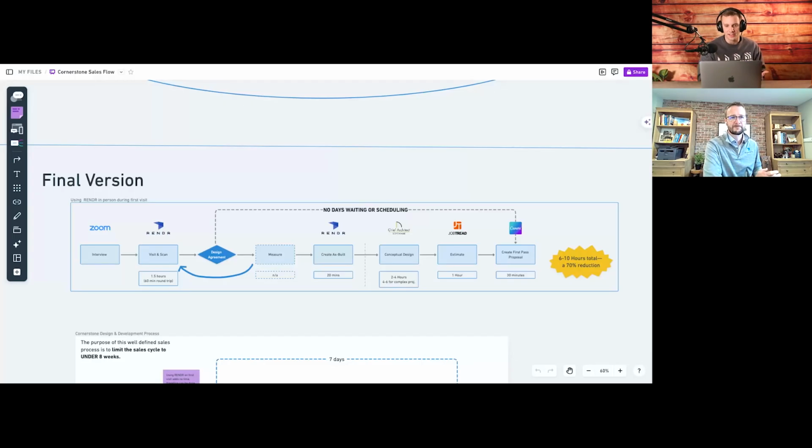So back to the beginning of this stuff, with RENDR, and just so everybody knows, this is a software that AJ has created to help solve this problem. So it's very cool that it's not just a tech person coming in and creating something. It's somebody that's actually in the industry. I mean, this is how JobTread was created as well, which is very cool. But with RENDR, are you having clients scan their home and upload it, or is this in that first